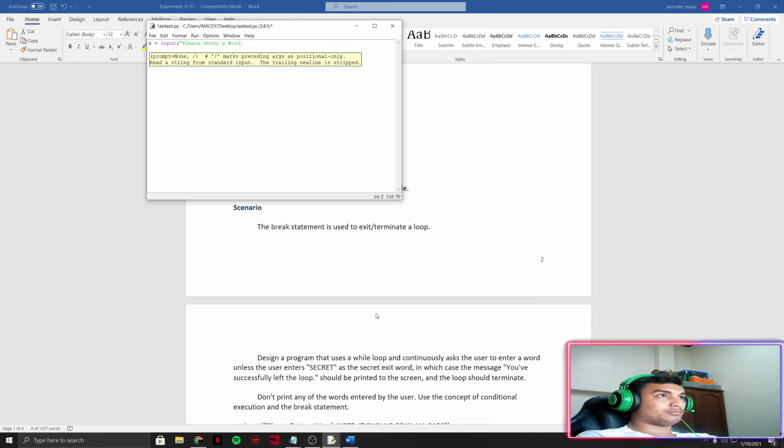Then let's put a note, because it should be in all caps. After that, enter another variable, y, equals 0, then while